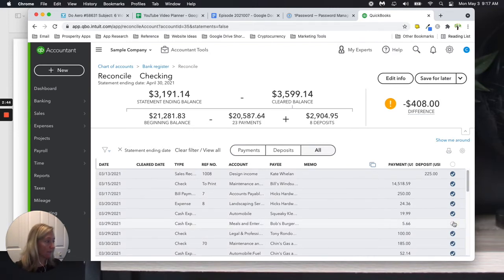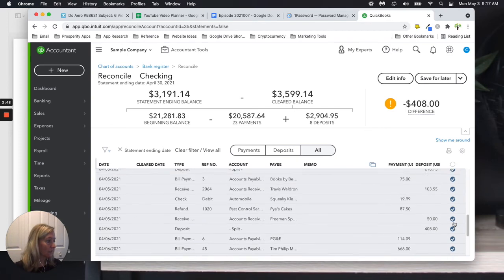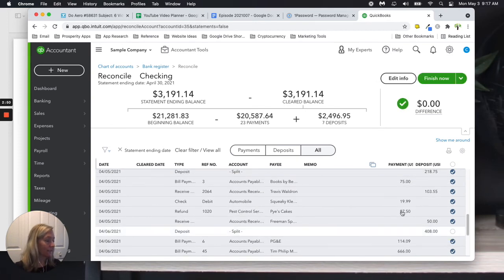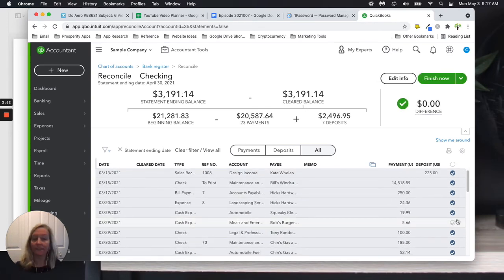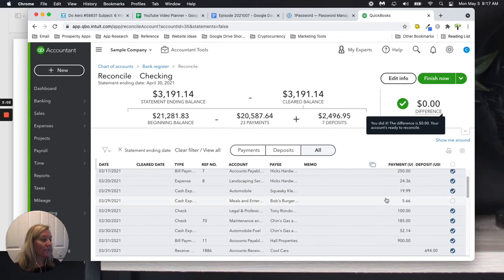This did not, and no, there was a deposit. Okay, and that did not clear. Okay, so I've checked off all the things that were on my bank statement. It says I have a $0 difference. Now, you would think you would be done here, and technically you could be, but what I always like to do is take one extra step and just look through and see anything that has not cleared yet,